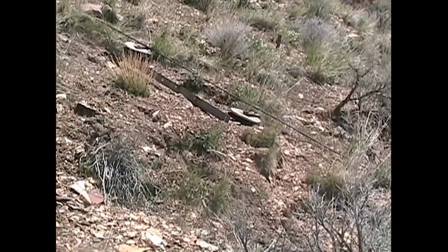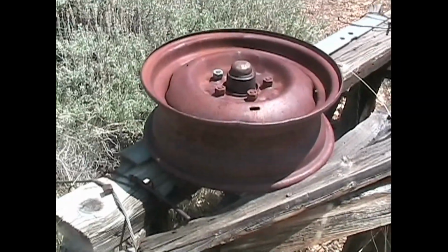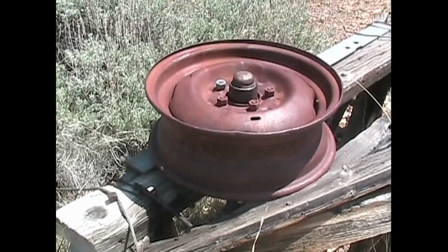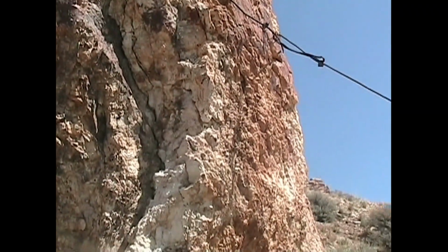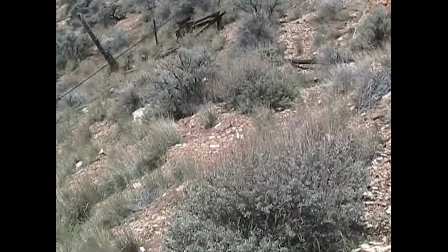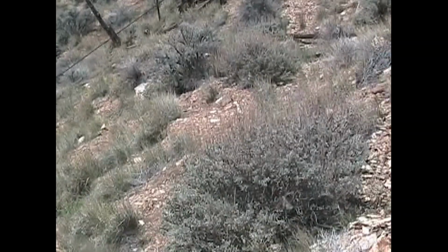I walk up where there's sort of a tramway, where they ran their ore carts down, sort of a track. The old cable's still there. This is some of the Wesson brothers' legacy, this old mine. All their equipment was handmade. Old wheels make good pulleys. This big rock makes a good tail hold for the cables. And I climb up this very steep bank,